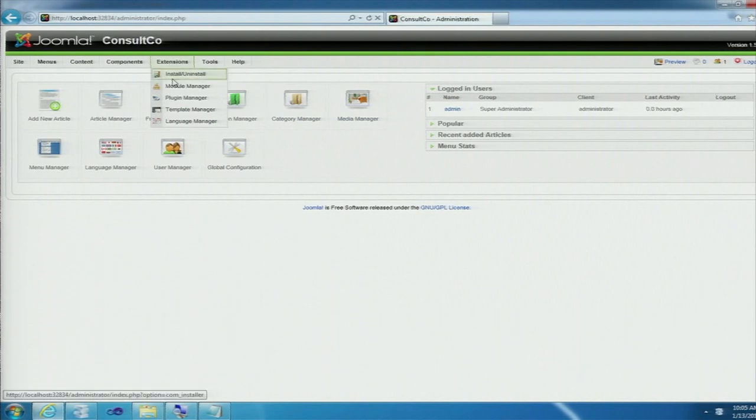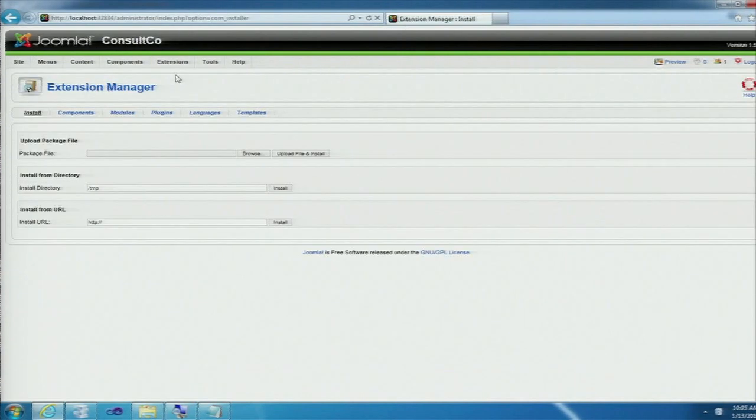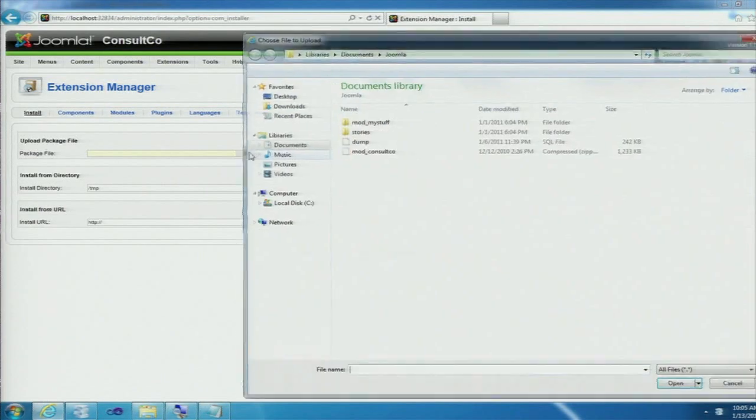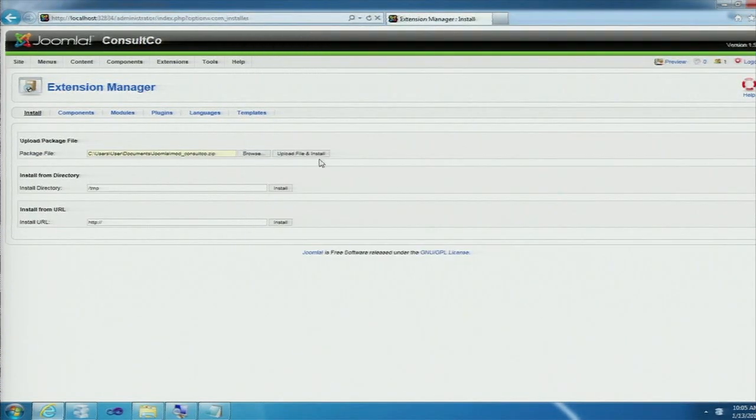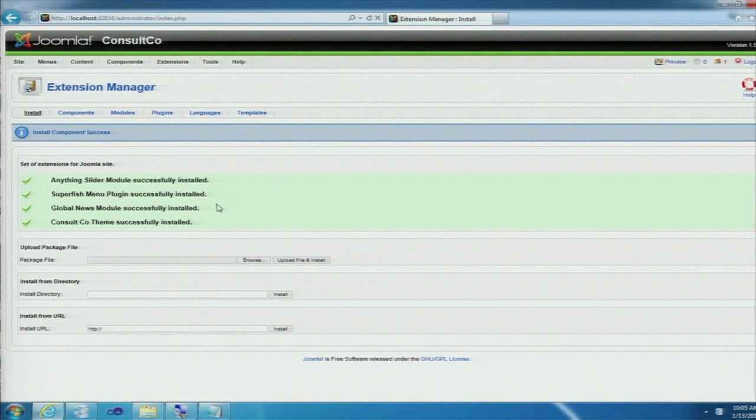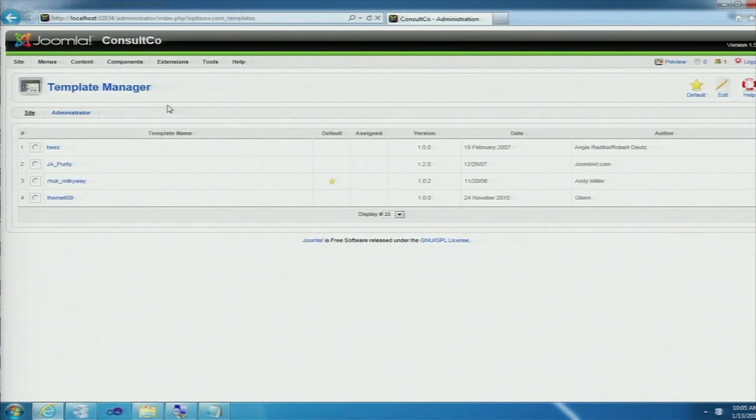And if I want to, I can really easily just go into our extensions manager and install an extension that has some extra features as well as a new theme or a template for us. I'll select it, click open, and go ahead and install that file. Excellent. So you can see one part of it here includes a theme or a template, as we say in Joomla world. I can go ahead and just choose that template to be our default template for the site. So there's our new template. Go over here to default. You can see now it's the default template for our site.